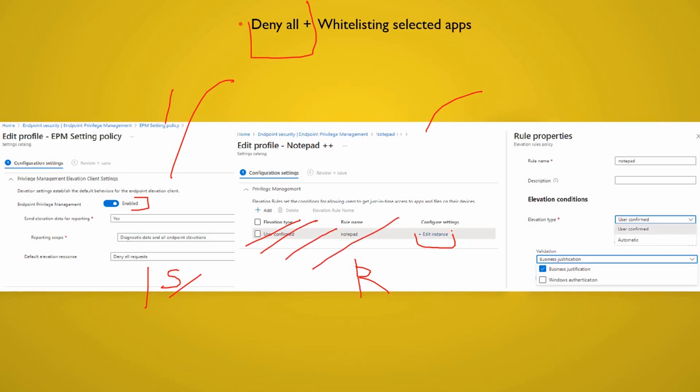Now you can add multiple applications over here as well by making multiple rules, or you can use a certificate, and if you provide a certificate which has signed multiple applications, then that one rule itself is going to whitelist multiple applications. But the point that I'm trying to make here is, one of the ways of doing the deployment and rolling out EPM would be